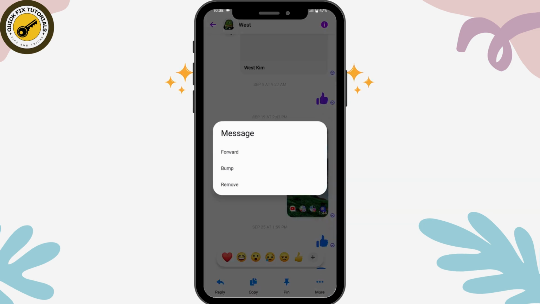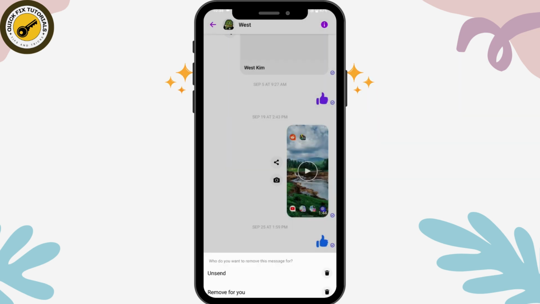Tap on more, which is on the bottom right side, and then tap on remove, and now you can go for unsend, which is remove for everyone. Go for the first option, and here if you try to unsend, now your message has been unsent, right? But if you try to unsend and your message is not being removed, then what you can do is